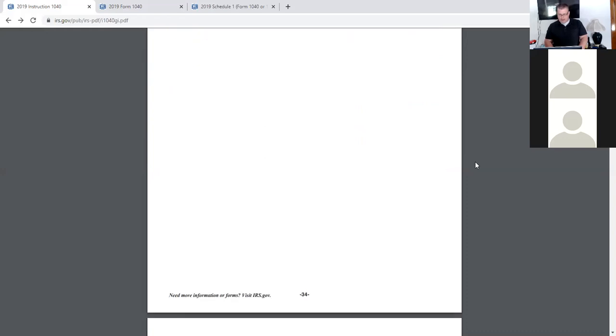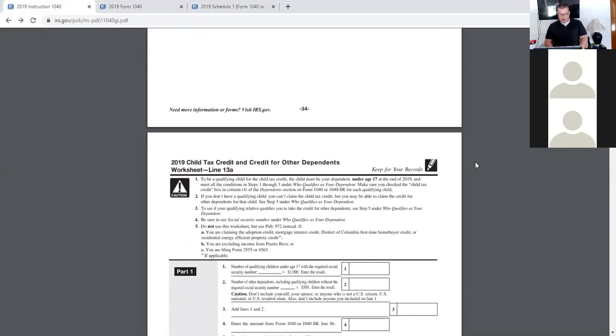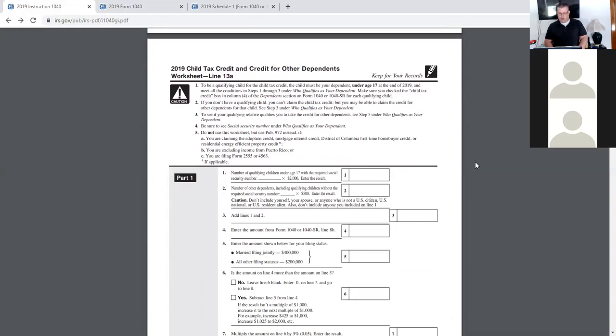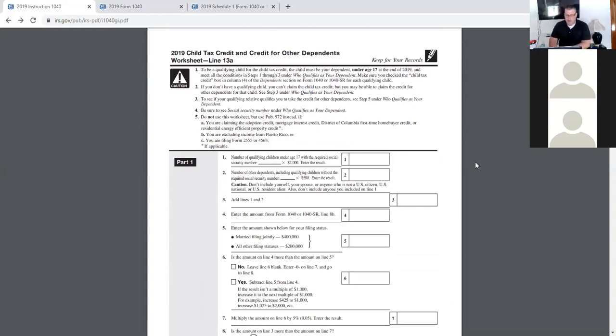So that seems a little bit vague information. So let's go down here, and what do you know? They have a worksheet in the instructions for us to determine. So let's read through these instructions and try to complete this worksheet. To be a qualifying child for the child tax credit, the child must be your dependent under age 17 at